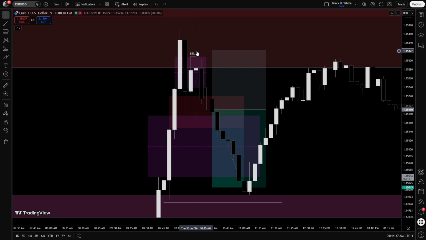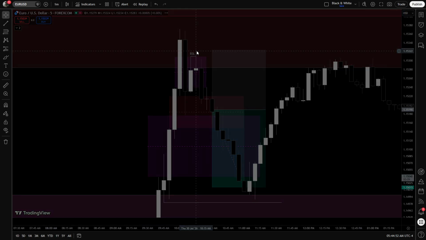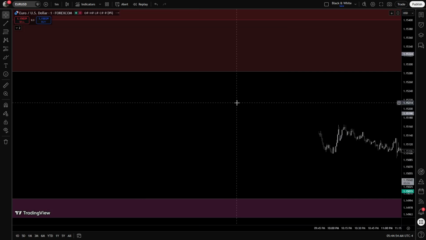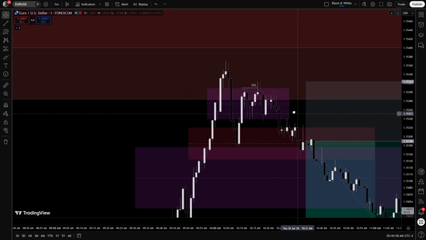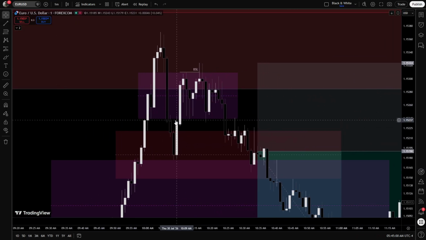And there's another model the market made in that 3-minute fair value gap. I'd like to show it to you. That is very informative, as you can see. Now right here, respecting the consequent encroachment of the 5-minute, going back inside the 3-minute fair value gap, respecting the top of the 3-minute fair value gap, and then going sideways, a little consolidation, and then it takes this high.